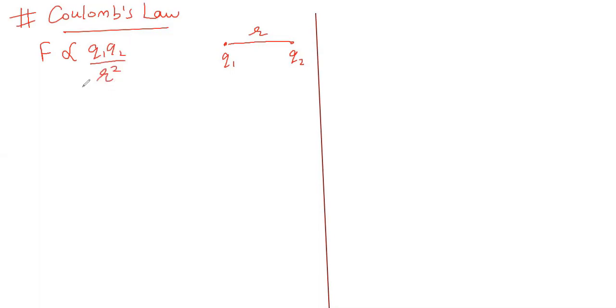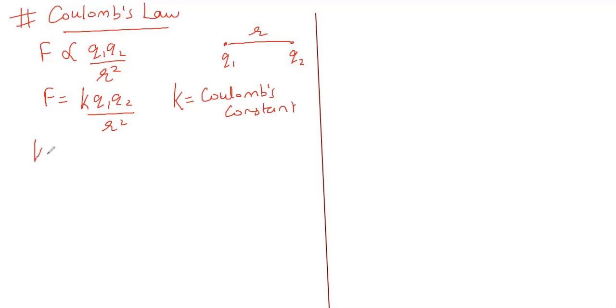So it will be something like this. Whenever we remove this proportionality, a small k constant, let us say, is there, that is the proportionality constant, and q1 q2 divided by r square. So here this small k, we are naming it Coulomb's constant. Now what will be the value of this small k?